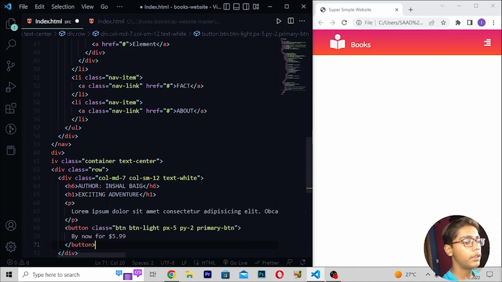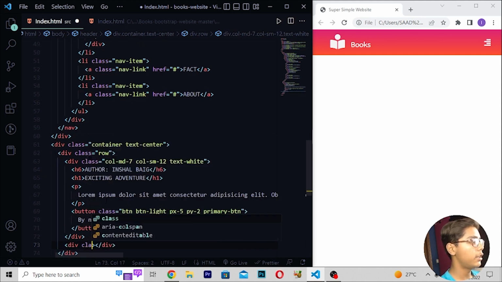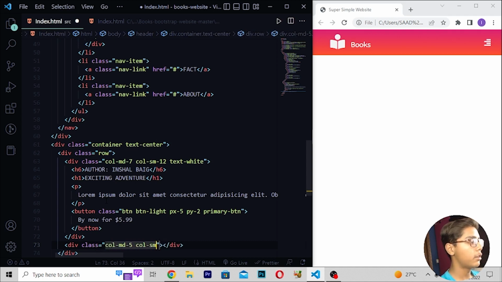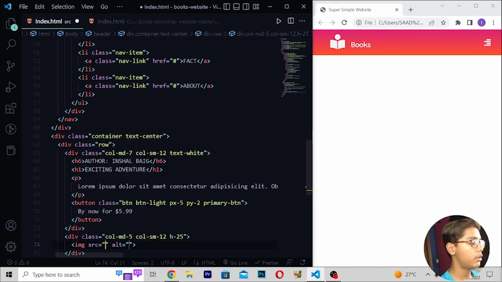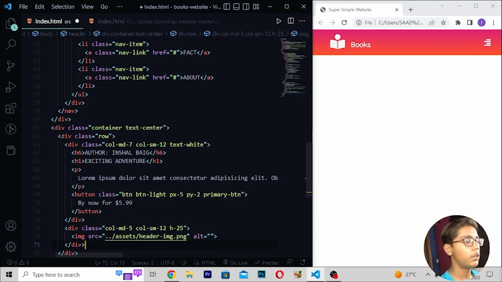Now when you've written this, move down after this, and write div class, col-md-5, col-sm-12, then h25. Then I will write /assist, then header image .png.